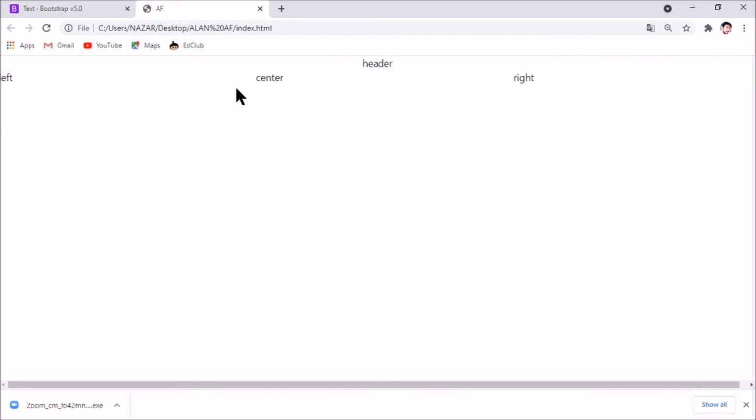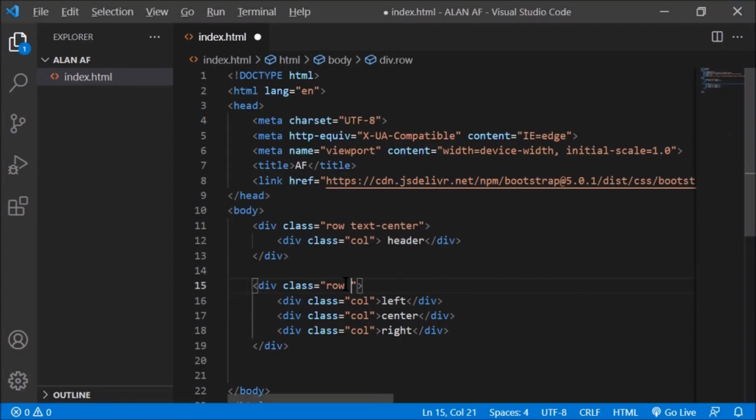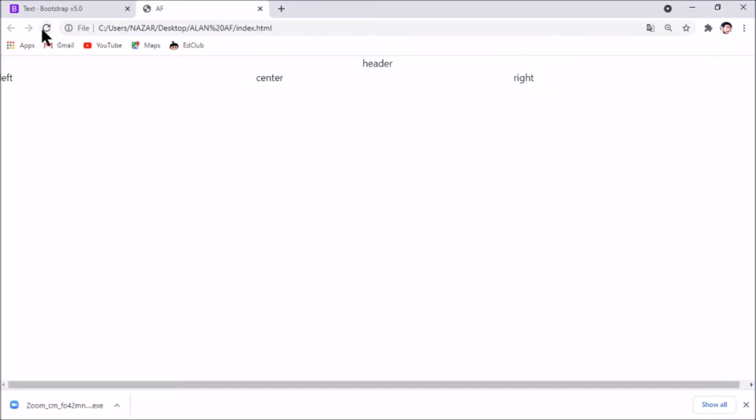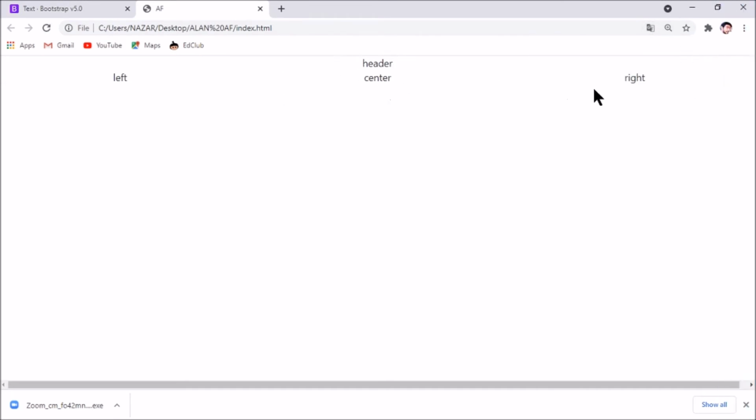Next we are going to apply it to this row. How to apply for this row? We just need to paste in here. There is a row element and a row property, and we are going to paste the text center property, and save it. If we apply the property to this, it affects all the children of the row, so it automatically affects the three of them. Now you can refresh it. So we got all the elements in the center. We have a header in the center and everything in the center, and we have one row and three columns.